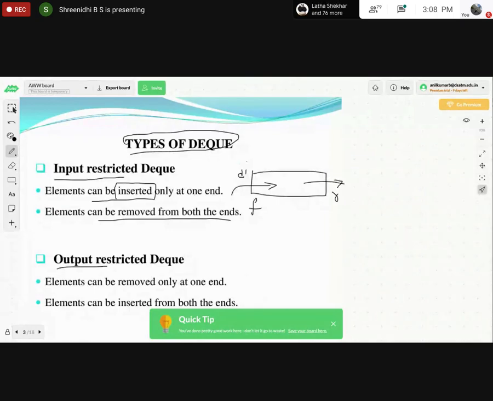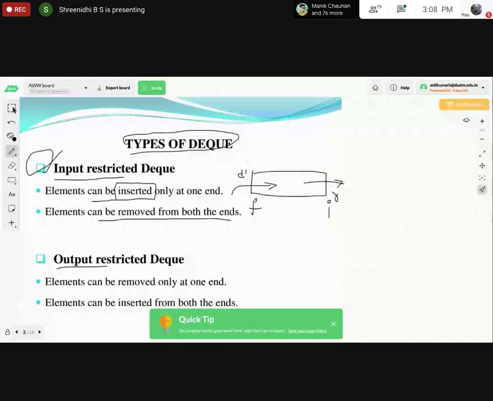Since the rear end is used for insertion, insertion is done only at the rear end of the queue as per the input restriction we have here, right?